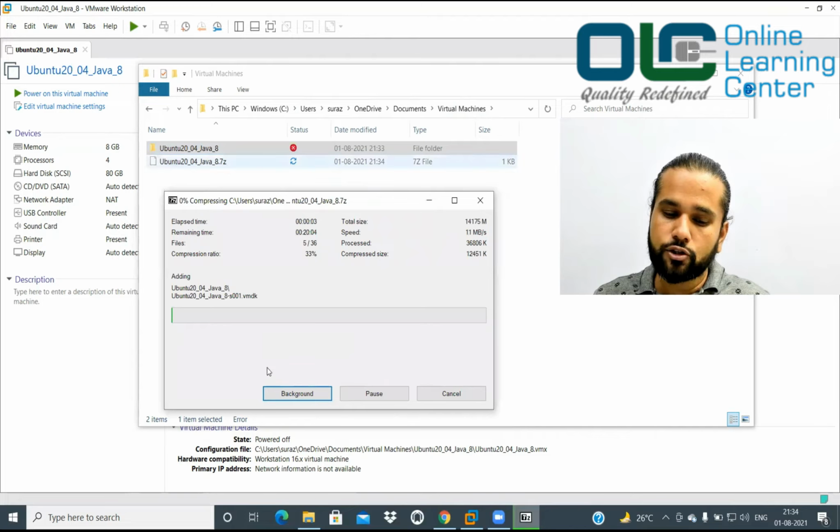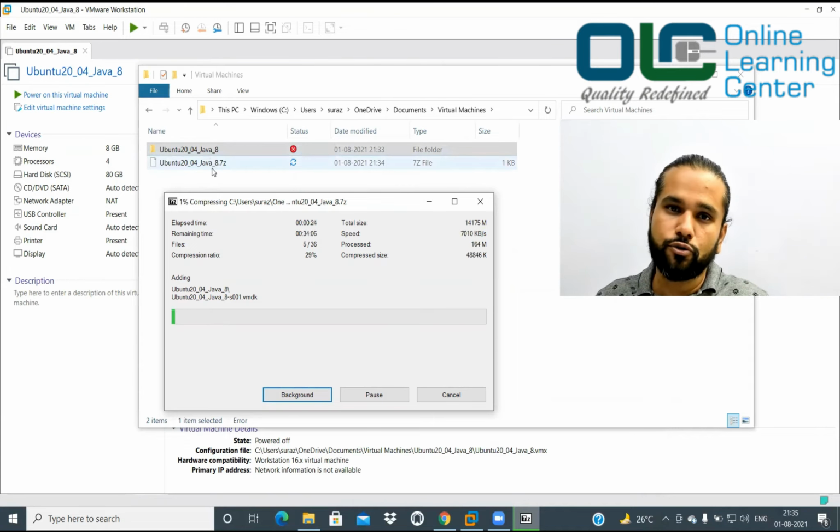Now it will take a good amount of time to zip this entirely, and once you have taken a zip, please save this zip file in some secure location so that anytime your virtual machine crashes or anything goes wrong with that VMware, you can still recover that and then use it, right? So you will not have to reinstall all these things again. This would definitely help you a lot because your system may crash anytime, the virtual machine may go wrong anytime, and you would definitely not love to do it again and again. So please take this advice very seriously and create a backup out of it. Okay, so let's wait till it's completely compressed.